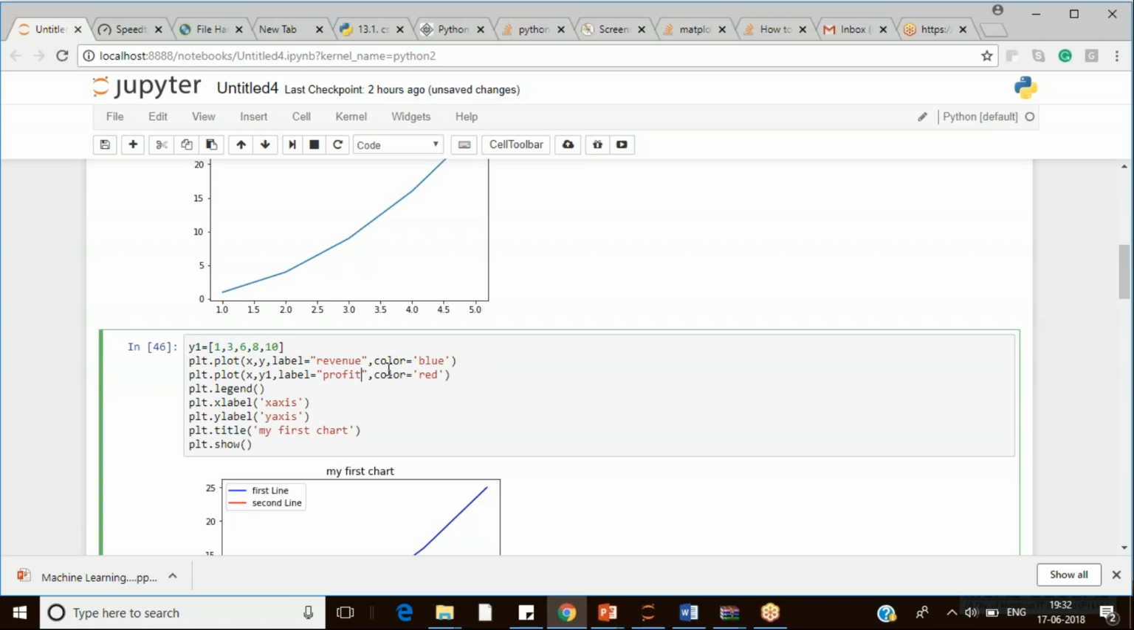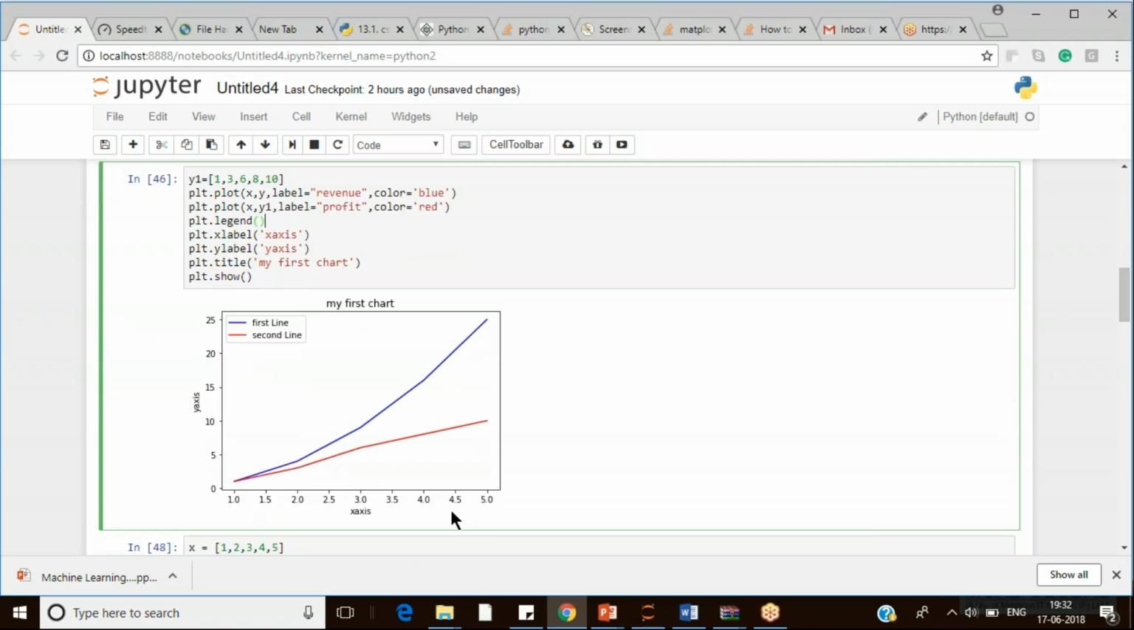You want to give a color code, so blue, red, and then legend. Legend means you have labeled it, but you're calling that legend part here. Then you're labeling the x-axis and y-axis. For example, the x-axis can be anything, like years, or let's say market penetration. For the y-axis,